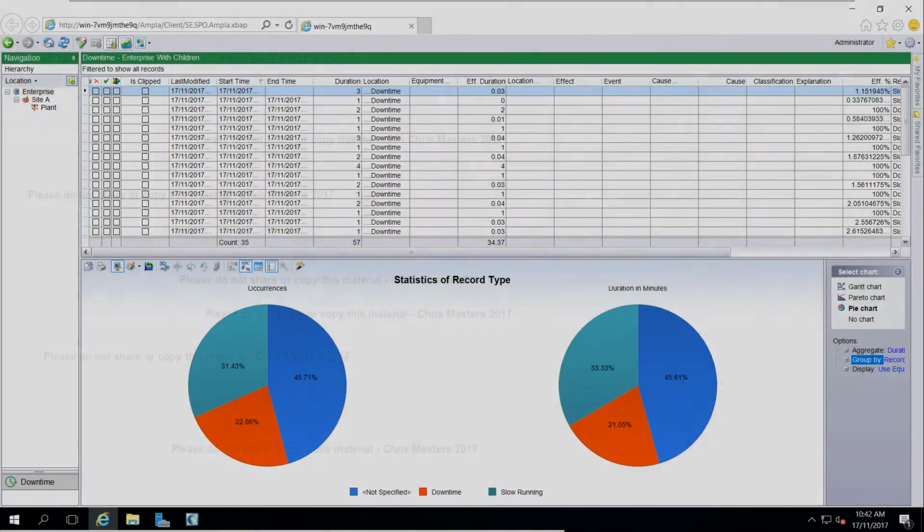Okay, in this video what I wanted to cover was essentially the tidying up of the Ampla downtime grid view as well as the details data entry form layout, and just essentially a tidy up there as well. So one of the things that you'll see when you first configure downtime, as we have here in these series